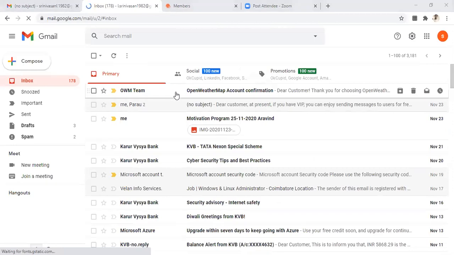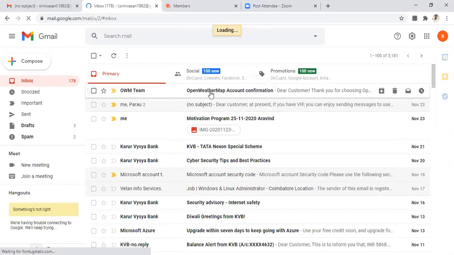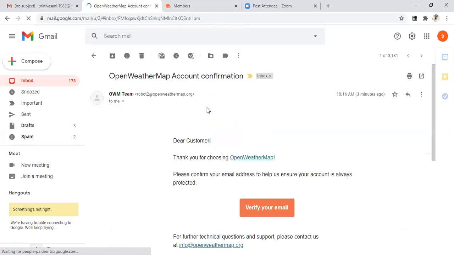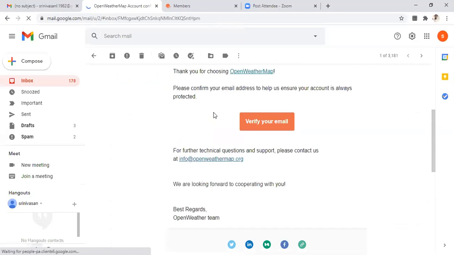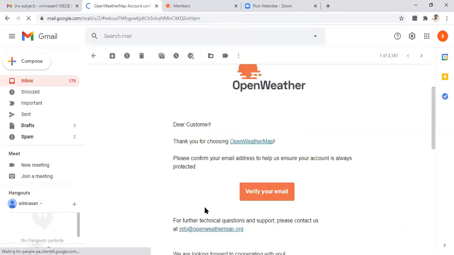See, you'll get an account confirmation from this Open Weather Map account. Is the screen visible to you?